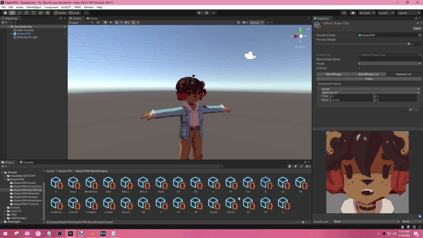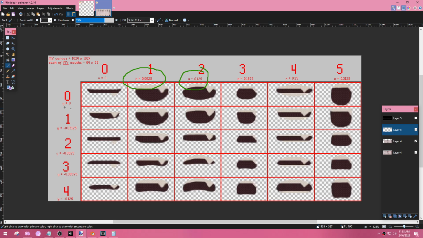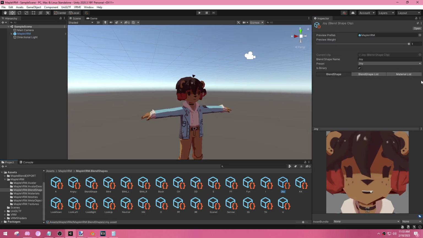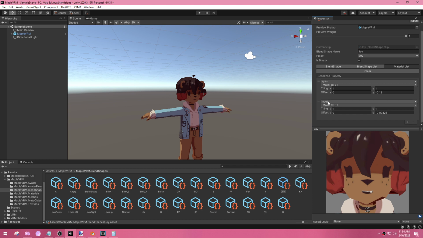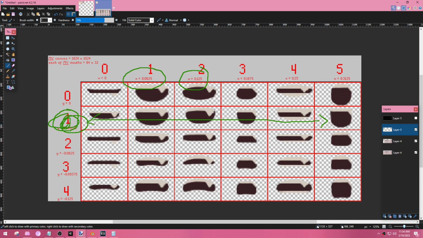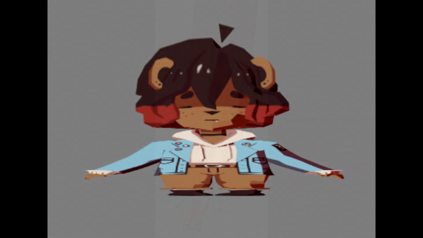Next, we're going to look at the emotions. My first emotion that I have lined up here is my joy or happy emotion right here. So let's go to joy. And you go to your materials list. Ignore this, this is the eyes. This is our mouth down here. We're just going to plug in this number for the Y. And what's nice about this is once you put this in for the Y, it knows to move it this way. Or when you move it down here, it knows to move it this way, which is really nice. So you don't have to plug these numbers in more than for each vowel and then each emotion all the way down here as well. It's pretty plug and play besides that. Yeah. Anyway,